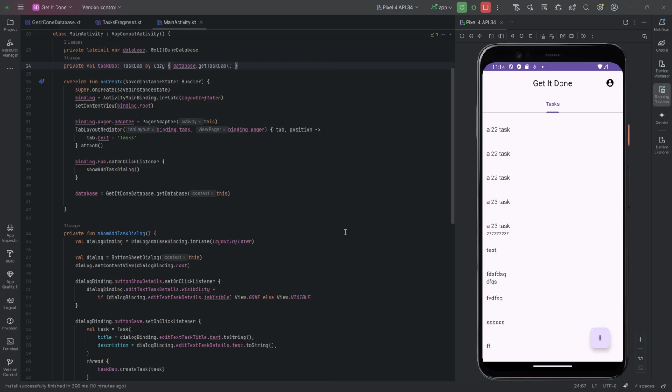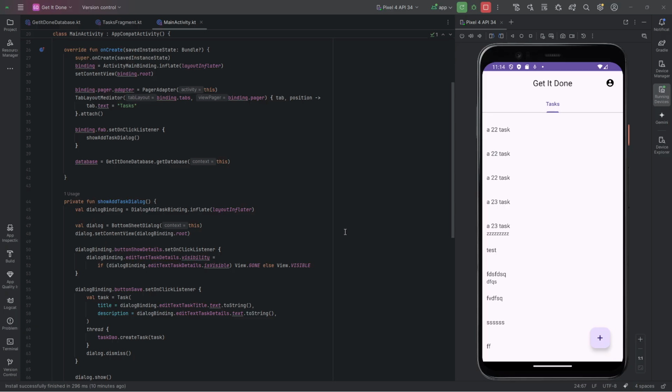Now, in a later section, we will look to develop the Get It Done project with an architecture, MVVM, and something called Kotlin Flow, which is a super cool thing in Kotlin where data can receive updates automatically, and you can just observe those changes. So later on, we will have the absolute best practice way that whenever anything changes in the tasks table, this list will update automatically. However, with where we are in our learning at the moment, we just need some manual